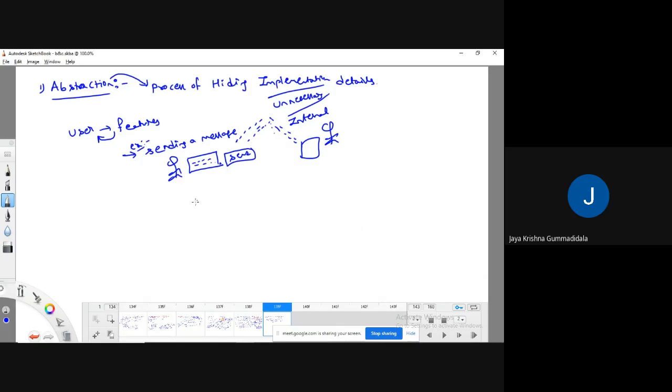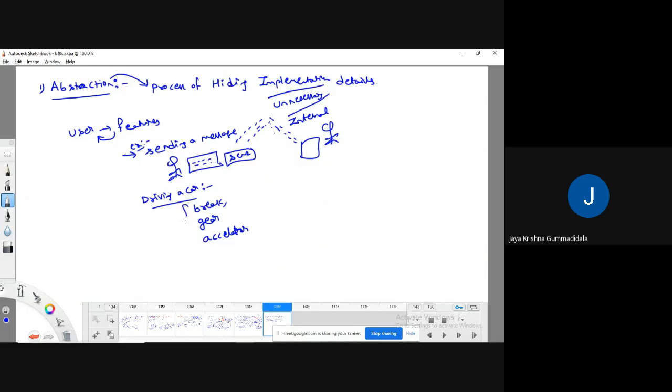It's an abstraction. Or something like you are driving a car. You are driving a car, right? So driving a car means you have to know only what things. You have to know where the brake is, how to use the gears, how to use the accelerator.